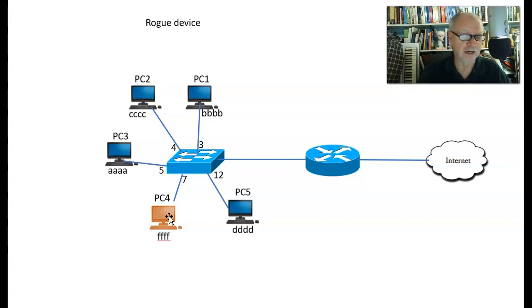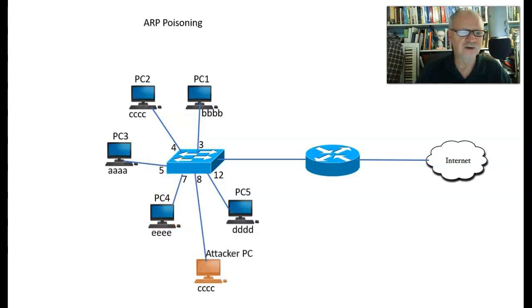Your device might have malware on it, or it just could be that I want to limit it so that any old bad guy can't come in and plug into my switch. It could be that you thought you were doing a good thing, and in your cubicle you plugged in a Wi-Fi router hoping to get Wi-Fi access to all of your PCs, or that you plugged in a switch in hopes of adding multiple PCs to your cubicle. And I don't want that scenario because of the dangers that it may introduce. So I need to somehow secure this port so that that can't be done.